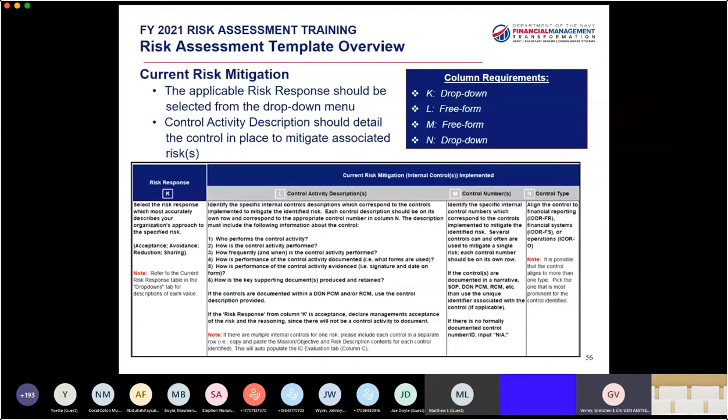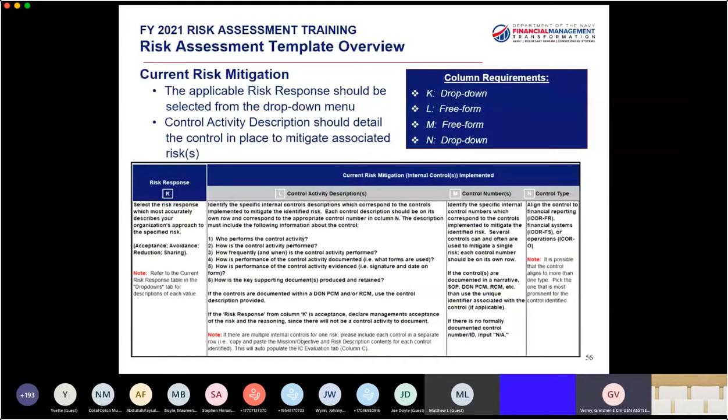So control number, this is where a lot of folks have hangups, and we understand that the Navy currently does not have a lot of standardized documentation associated with processes and controls. So there may not be a control number, and that's totally fine.